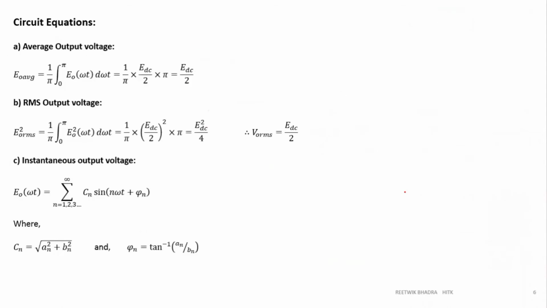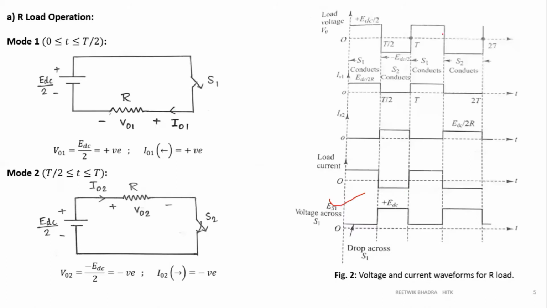Now we are going into Fourier analysis of this voltage. First we'll find out the average and RMS voltage, then we can go for Fourier analysis. This is a square wave. What will be the average value and RMS value? For a symmetrical square wave, not unsymmetrical, what is the average and RMS value? Very easy. Tell first. Average is 0.